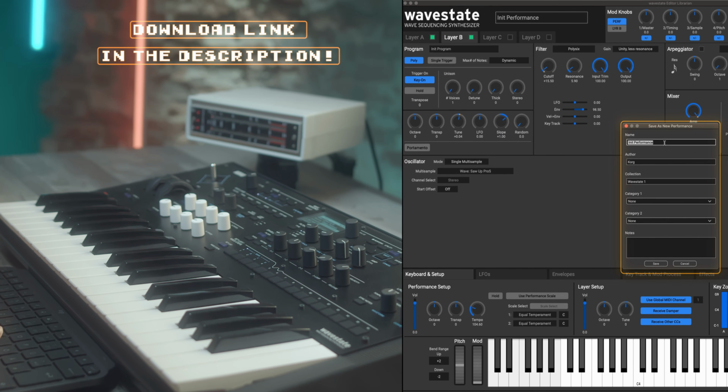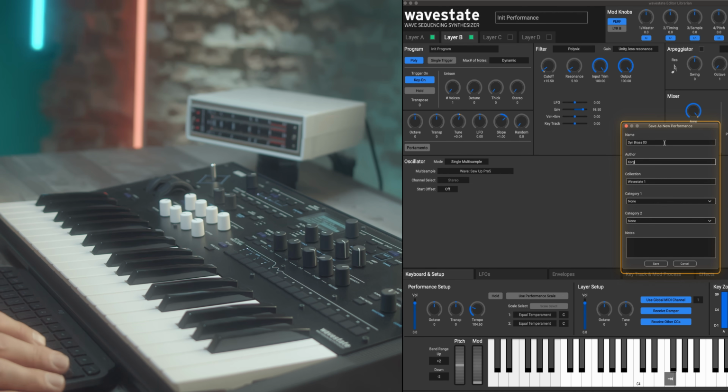Now we can save the sound. Let me just do it quickly with the editor, that's a bit easier. Description. And ready. You see, you can handle the Wavestate just as a regular analog synth, even without the use of wave sequences at all. That way you could, for example, build your own sound banks and have them handy at studio sessions, live gigs, at home, wherever you need them.